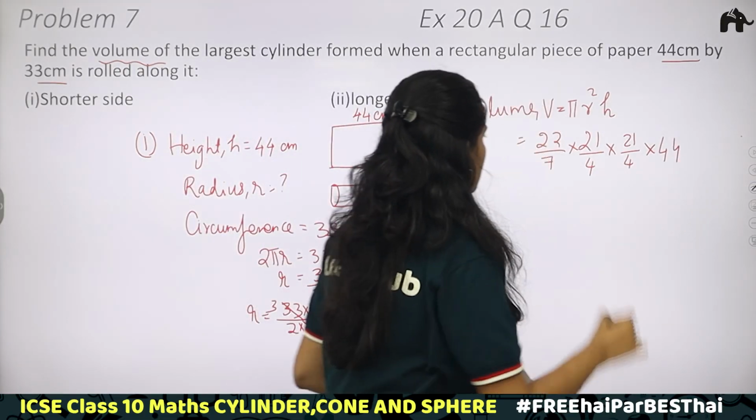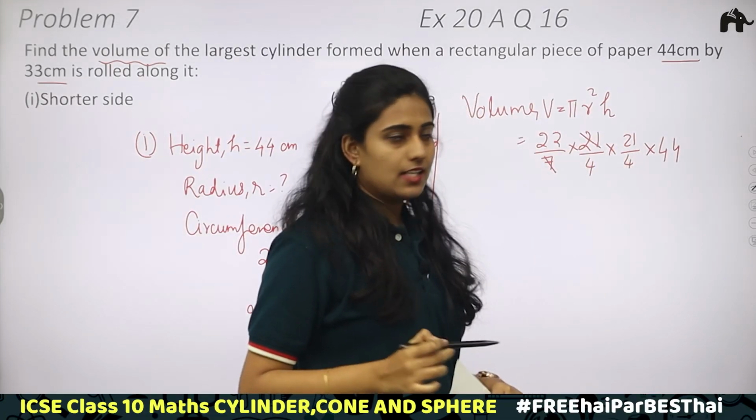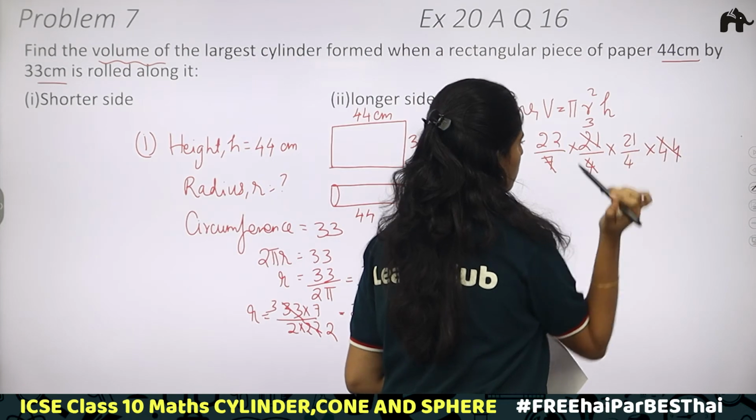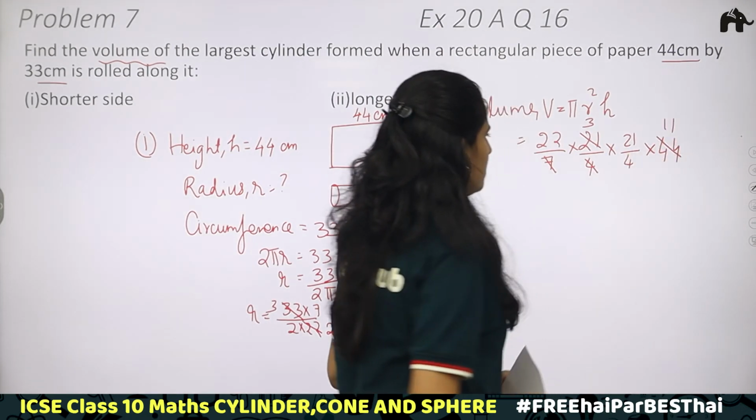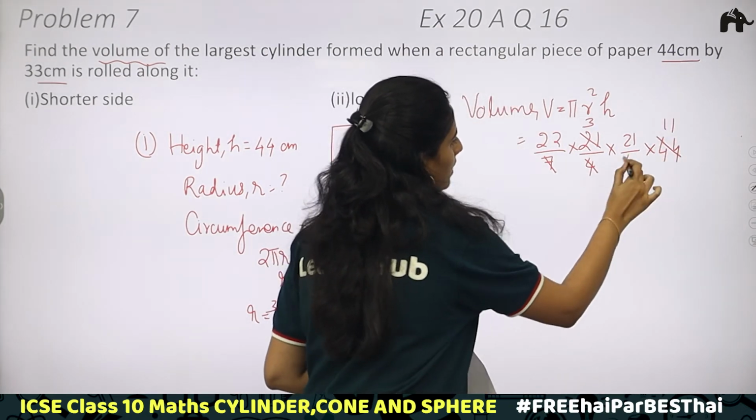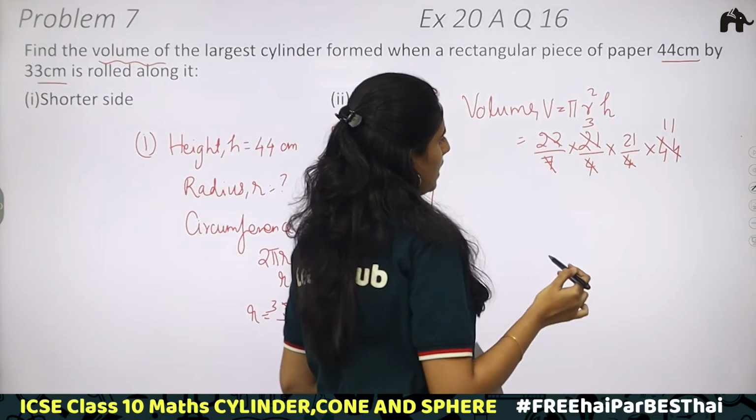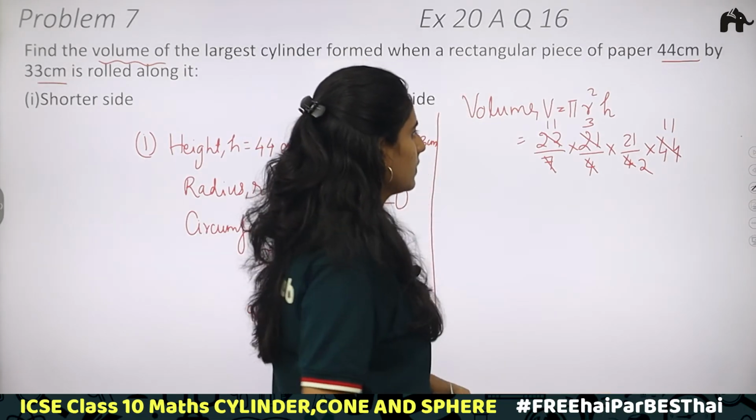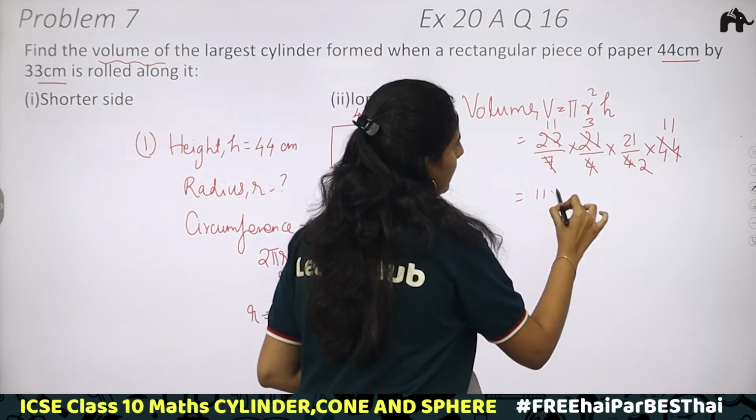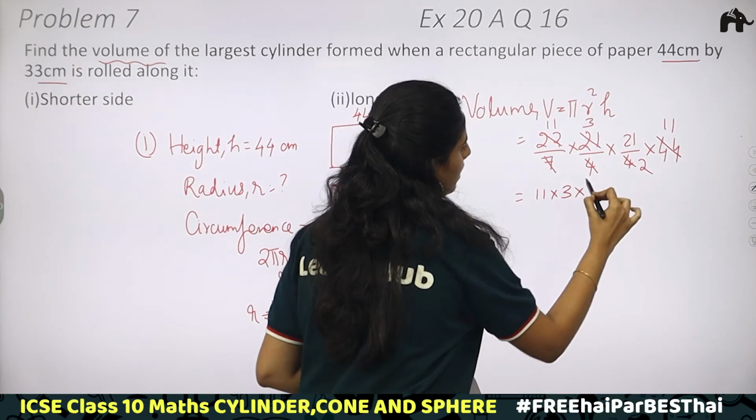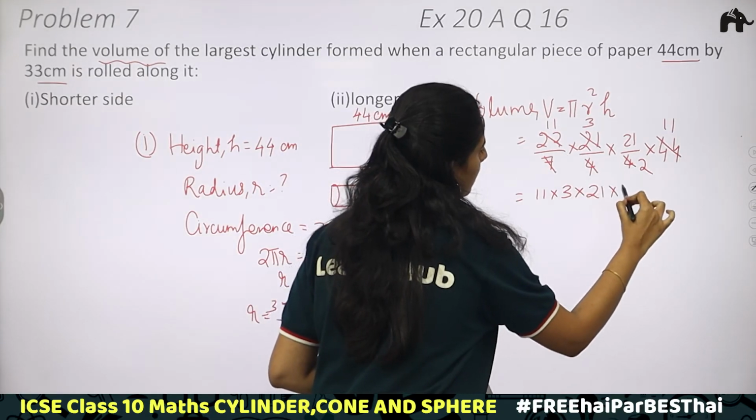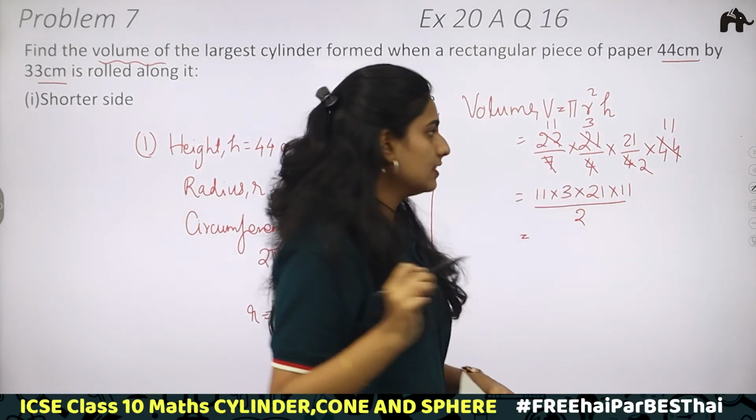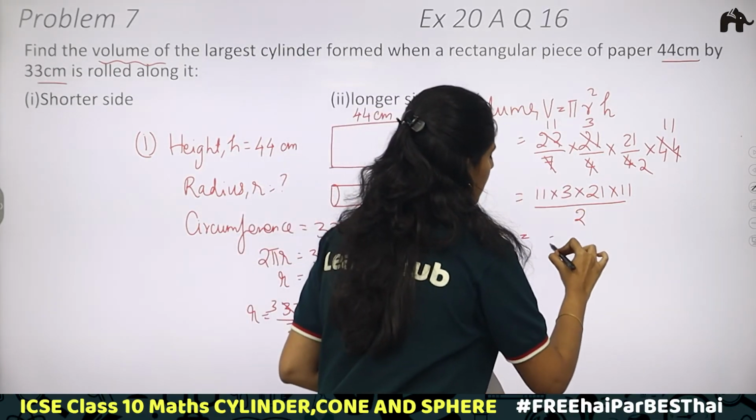Okay. 7 and 21 can be cancelled. We'll be getting 3 here. 4 and 44 can be cancelled. You get 11. Again, this 4 and 22 can be cancelled. You will be getting 11 and 2. Okay. 11 into 3 into 21 again into 11 divided by 2. So, you will be getting the answer. So, your final answer will be